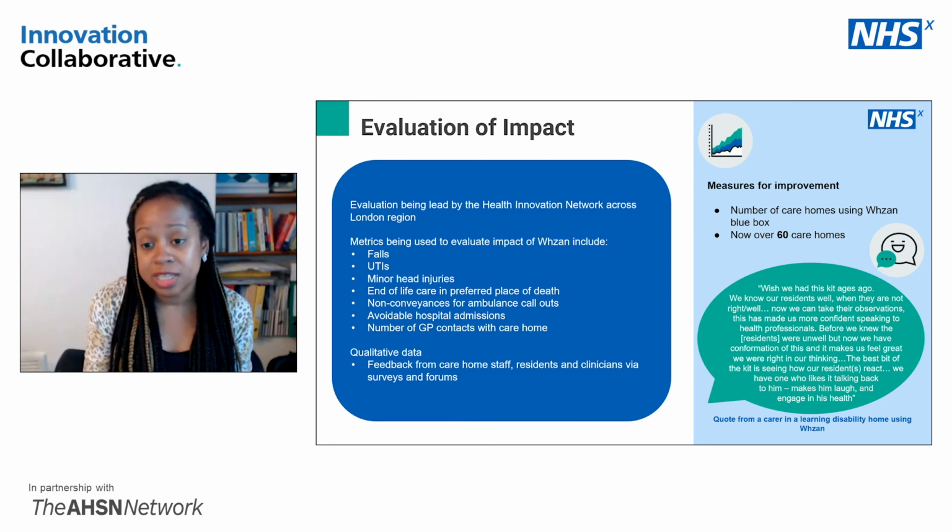Where we're at the moment, we've got 60 care homes who have implemented this and are using this. And we've had a range of really positive feedback, and I'll leave you with this quote to look through, which comes from one of our carers working in a learning disability home, showing how useful they found it, and it really improves staff confidence, and they're feeling that they're right in their thinking and they